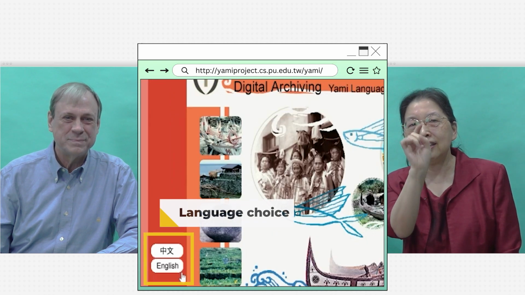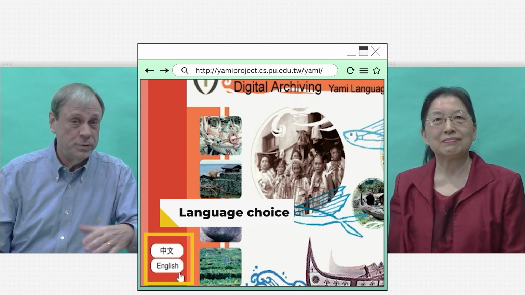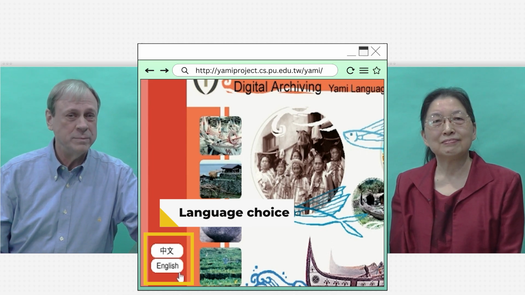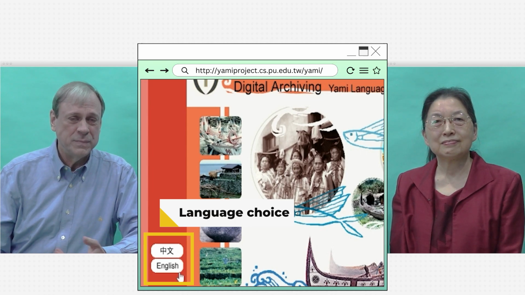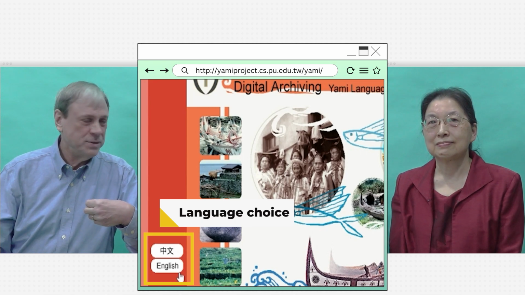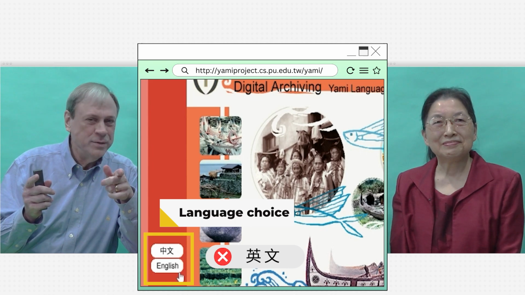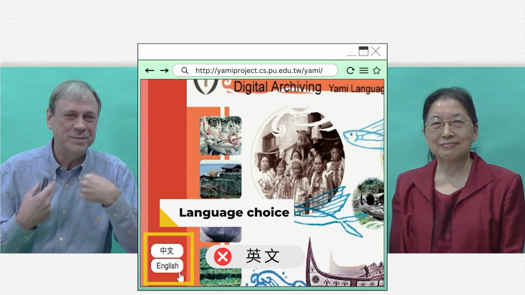And you can click on either Chinese or English version. And that's very important if you do have Chinese and English versions, to put both of those names there in the appropriate language. Because I've gone to some websites and they're in Chinese and they have an option to go to the English, but English is written in Chinese characters, Yingwen. And if I don't know Chinese, that really doesn't help me very much.